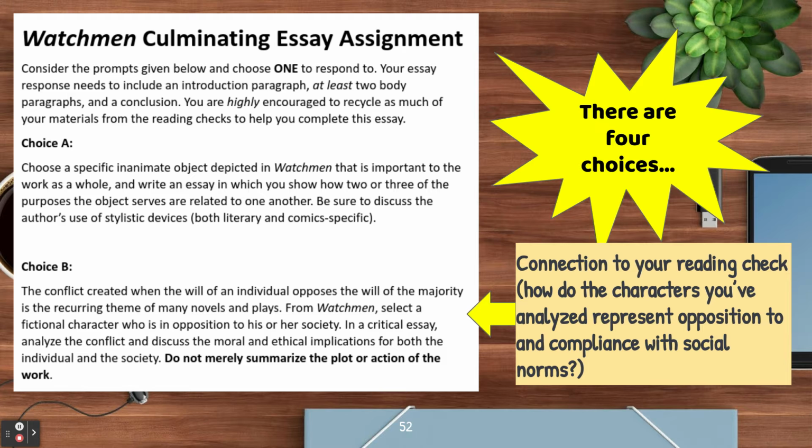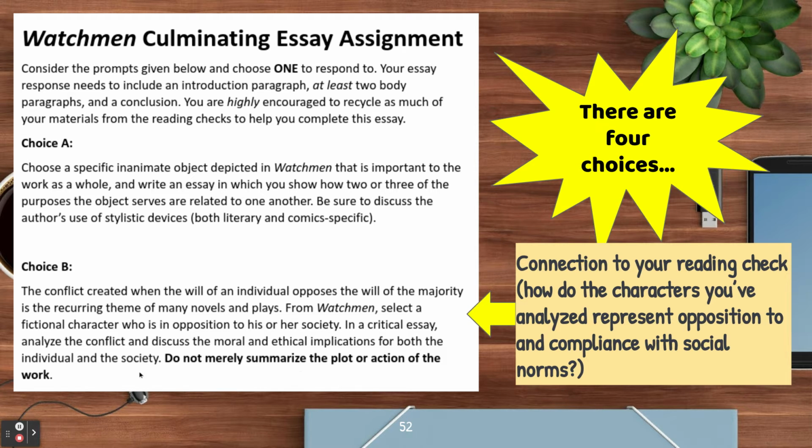Choice B: the conflict created when the will of an individual opposes the will of the majority is the recurring theme of many novels and plays. From Watchmen, select a fictional character who is in opposition to his or her society. In your essay, analyze the conflict and discuss the moral and ethical implications for both the individual and the society that opposes them. This one, you just need to make sure that you don't just end up summarizing the plot,